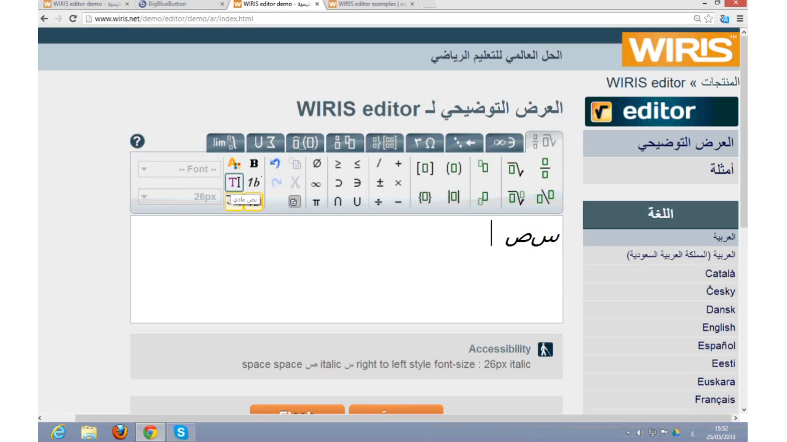Well, that's one way to make the ligatures. Another way to have ligatures is with Wiris. Let me show how it works without Arabic. So without Arabic, and if we write,